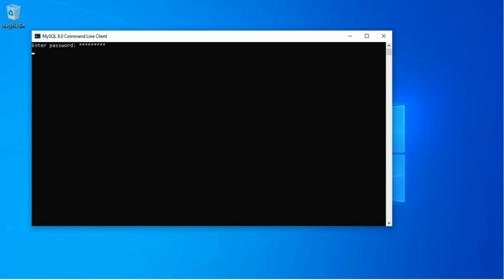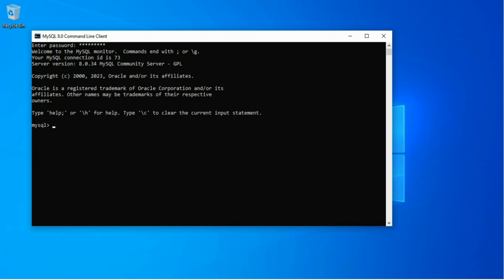As you enter your password and click the enter button, it shows the welcome message, welcome to the MySQL monitor, with some basic commands for the command line interface. It also shows the version; currently I am using server version 8.0.34. As we are successfully logged in and the connection with the SQL server is established, we can now start writing our queries.